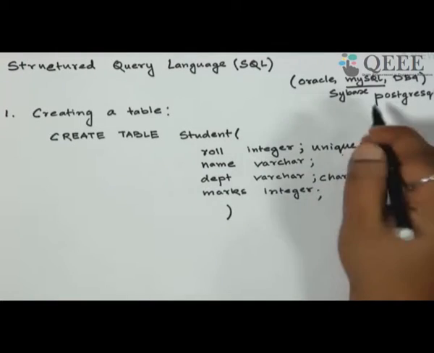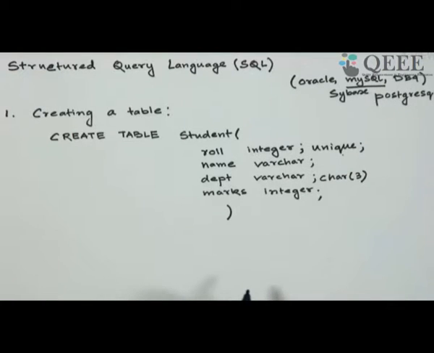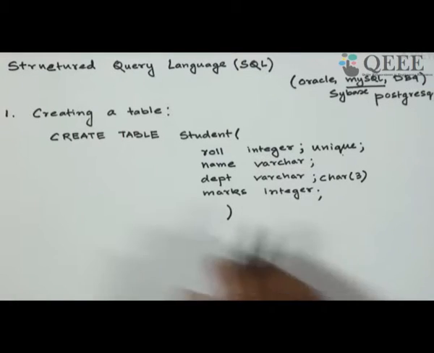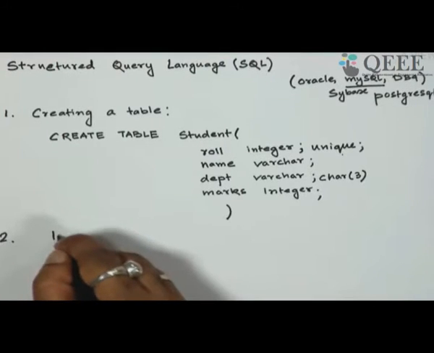The moment you log into MySQL or PostgreSQL, you have to first create a database of your own. Okay. So first create a database, give it some name, your name or something. And then once that is your active database, if you create a table within that, it will be created in that database. The second thing is insert.